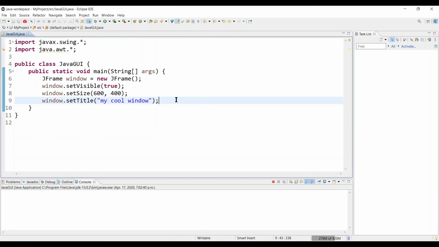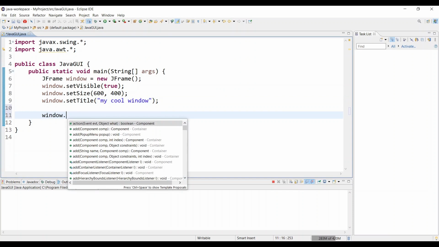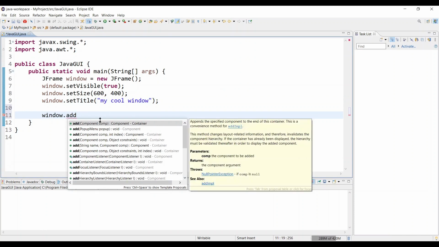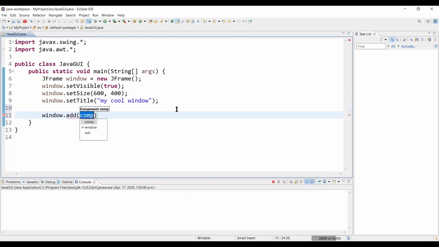The next thing you're going to want to do is add something to be inside of the window. So what we do is we do window.add, and then you can see we have the option to add a component. Now we don't have a component to add, so what are we going to add? Well, maybe we want to create a button. So JButton,